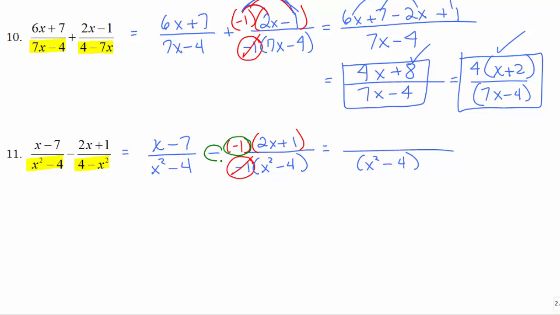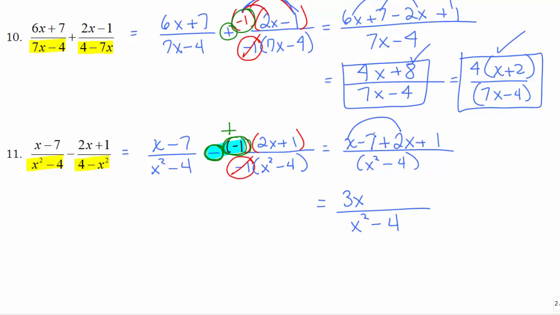I have that negative and that negative. Now up here I only had one negative and a positive. But a negative and a negative, what can I join those and make that? A big fat plus sign. So what I have now is x minus 7 plus 2x plus 1. The negative and the negative multiply together to get positive, and now I'm just distributing a positive 1, which does not change the signs. So keep the denominator,